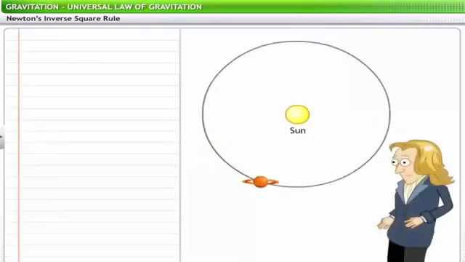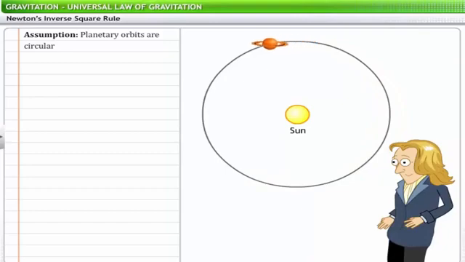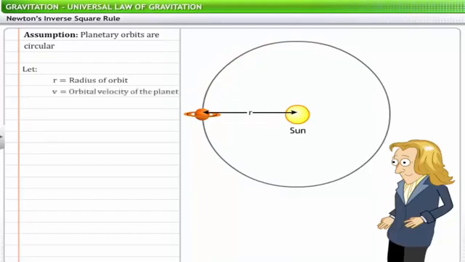In deriving the inverse square law, Newton assumed that the planetary orbits are circular. If a planet revolves around the Sun in a circular orbit of radius r with a velocity v, also referred to as the orbital velocity of the planet, then the force on the planet is